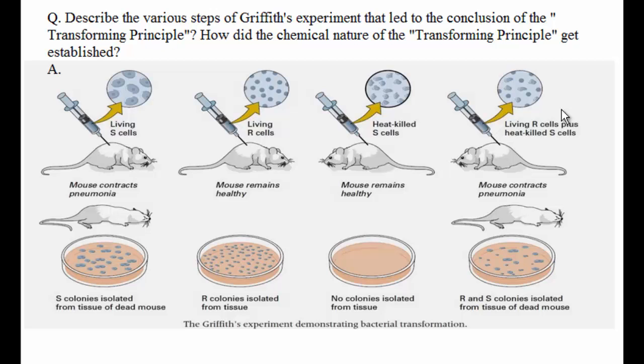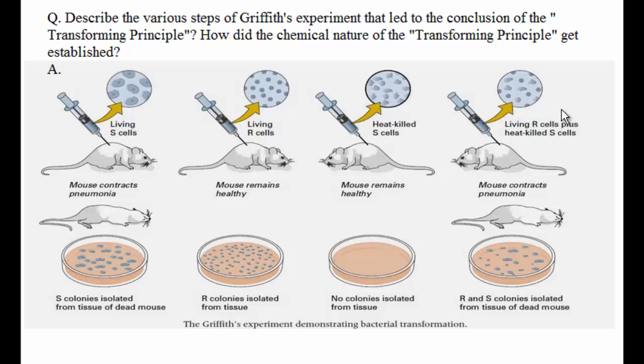So this is the bacteria which causes pneumonia in mice. It has two distinct forms. One form secretes a polysaccharide capsule which gives the colonies a smooth appearance, and another form is non-capsulated which gives the colonies a rough appearance. The capsule of the smooth form is virulent and gives an infected animal the disease called pneumonia, whereas on the other hand the rough form is non-virulent and doesn't cause pneumonia.